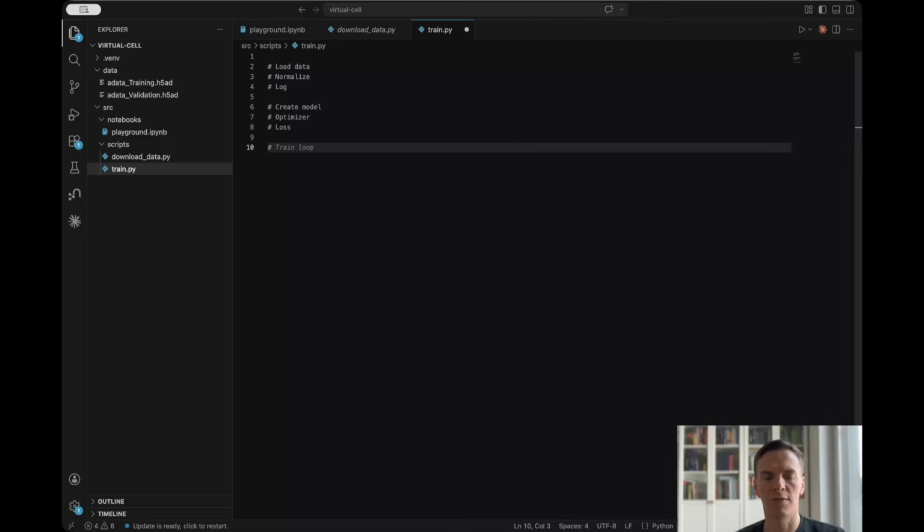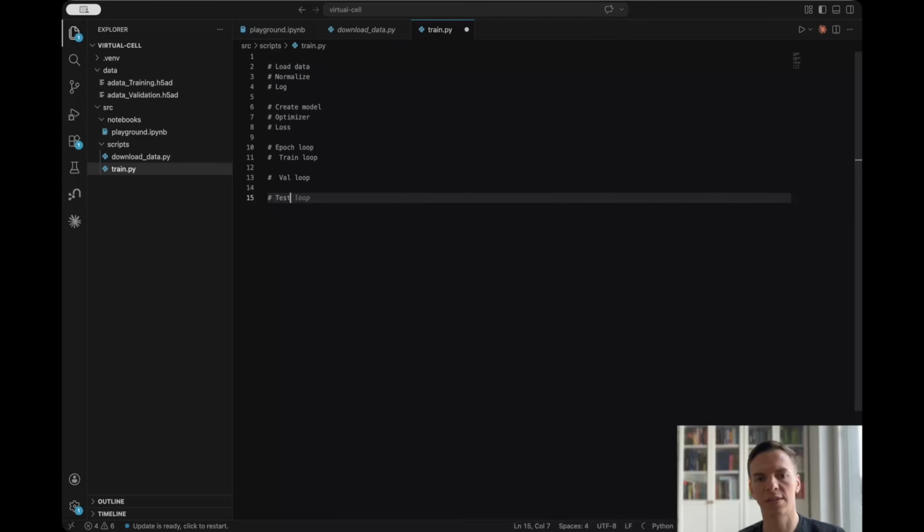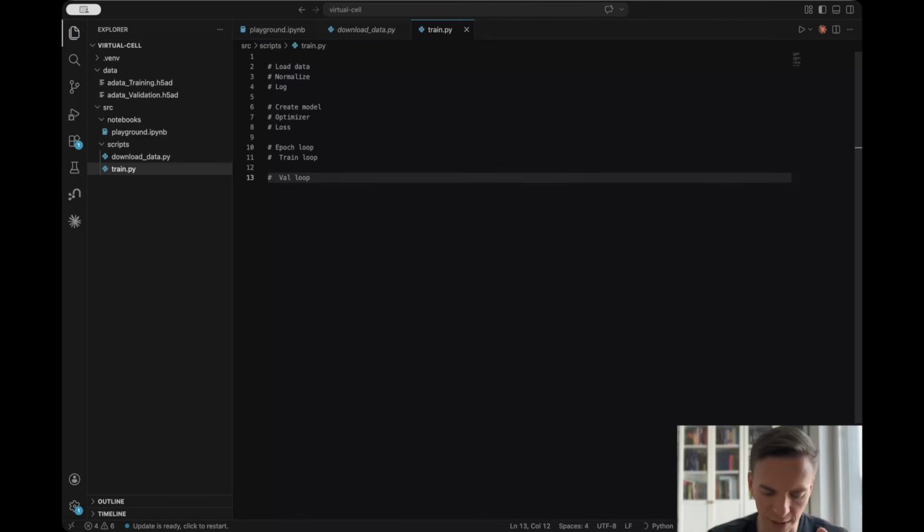And then we'll have a loop through epochs. And then we have a train loop and a validation loop. Theoretically, at the end, let's actually indent it as it was suggested, because at the end we should also do a test loop, but we won't do this,